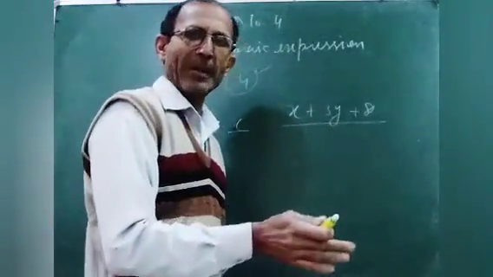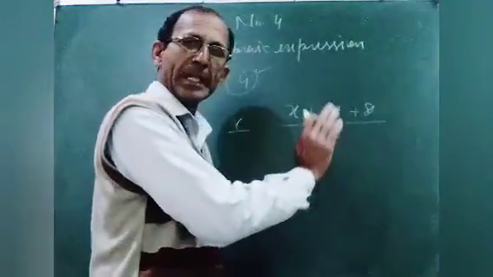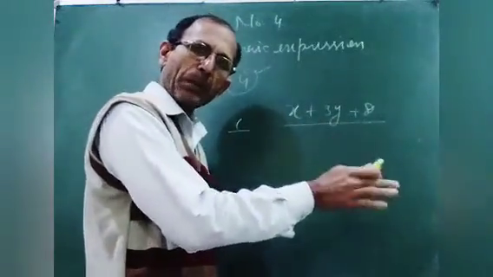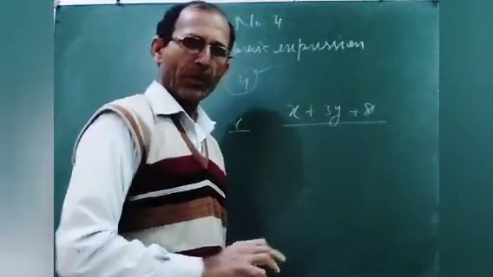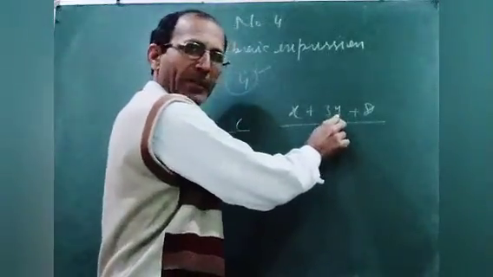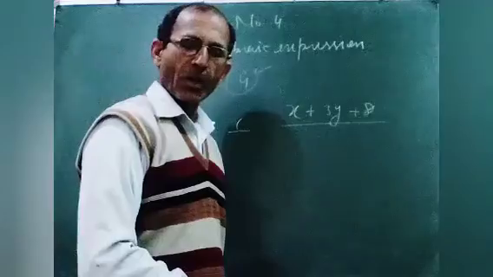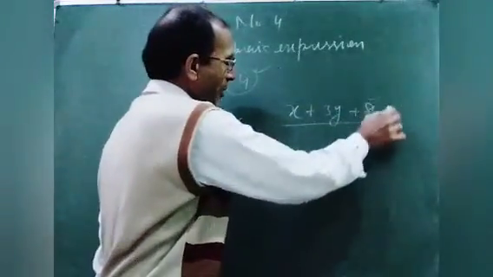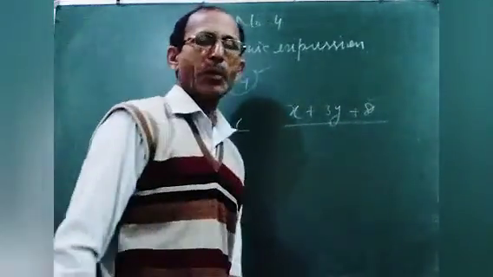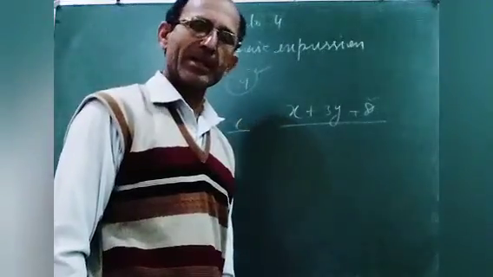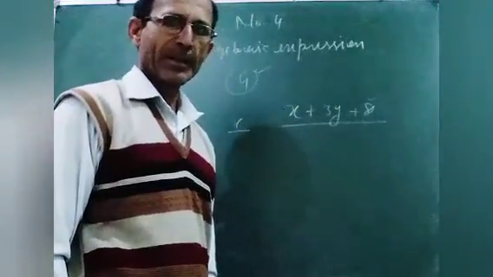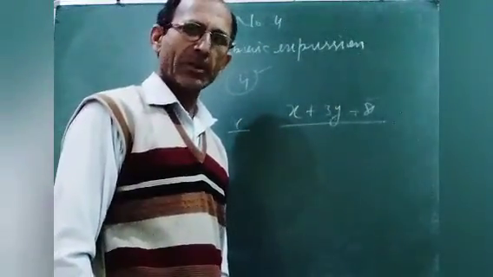Now one more thing I am explaining here. What is coefficient? It means the multiple of a variable is called the coefficient. So here y is a variable and 3 is multiplied with it. So this is the coefficient and 8 is the constant term. The combination of variables and constant terms is called an algebraic expression. And I already explained all these things.